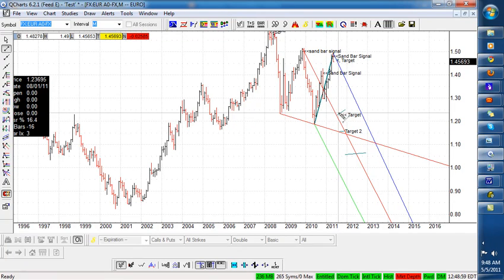Okay, and then you have another target over here, which would be August or so. Okay, so exact time is not necessarily an issue here. We're really looking for a price at a certain time. Okay, and it doesn't have to be exactly at that point, because what we can do is we can find